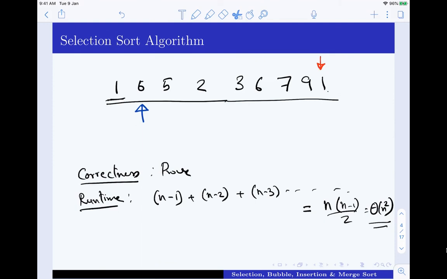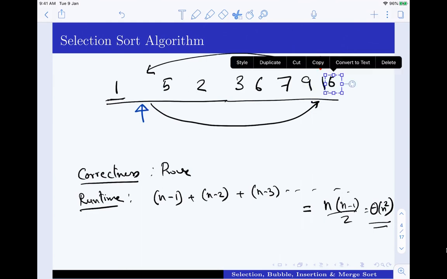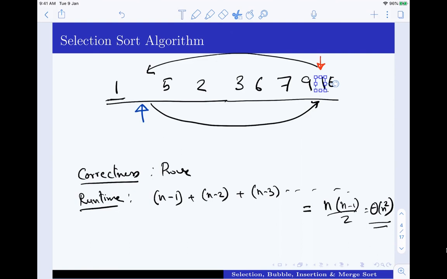And now we know that the second minimum is the 1 and the blue one is pointing at the second index. So in that case we should swap these two objects. Okay, that's the idea. We swap these two objects, then what happens? Note that I will put the six over here and I will put the one over here,